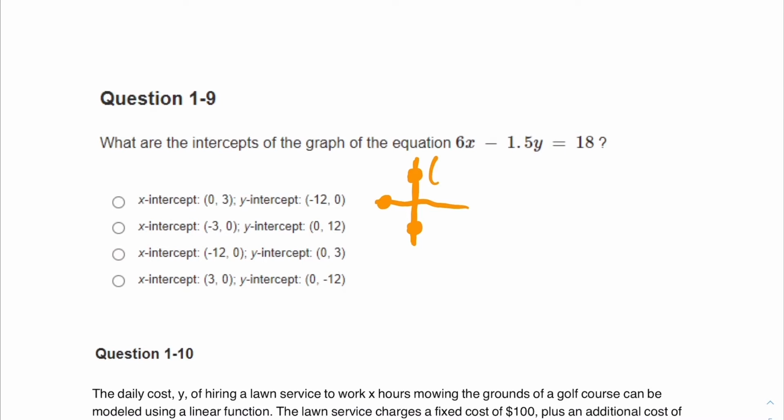And if you're in the middle of your graph going up and down, then you have a 0 for x, and you're going to have something for y. So to find an intercept, if they give you an equation, you're going to put 0 for x. To find the y-intercept, you're going to put 0 for x,